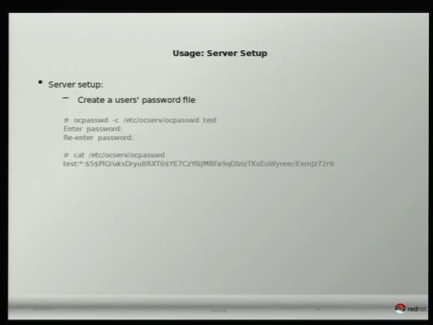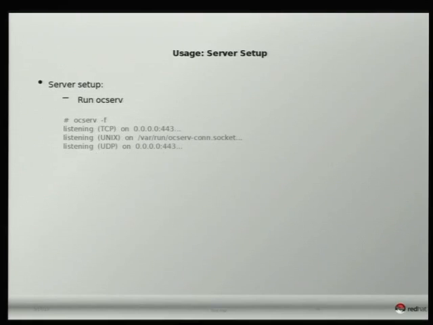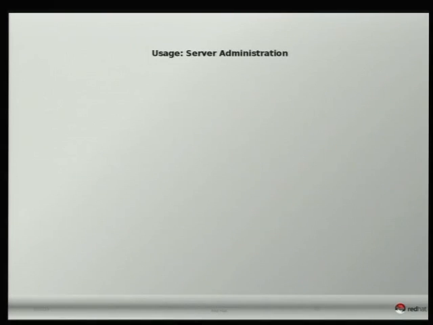After that, let's say you want to create a local password file holding the users. There is a tool called ocpasswd that you can use. You can add users to it with it. And in this example, we add the user test, and we set the password for it. And that's pretty much all. After that, the server should be able to run. And as I said,